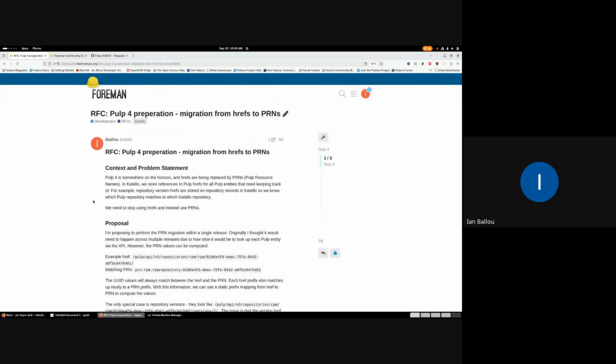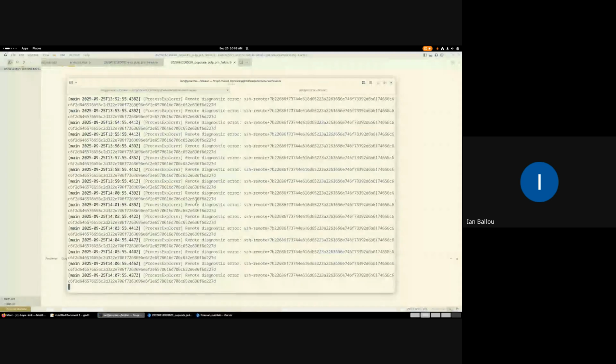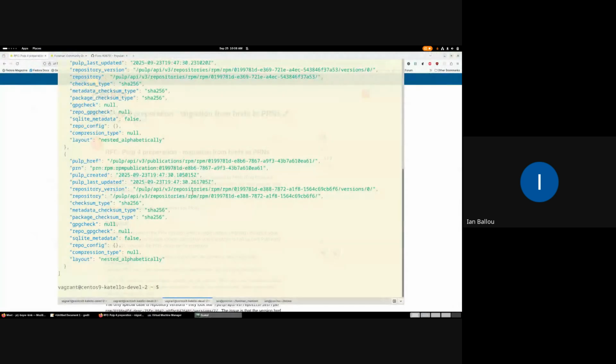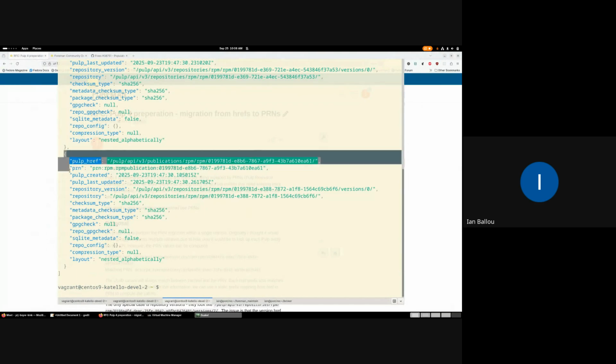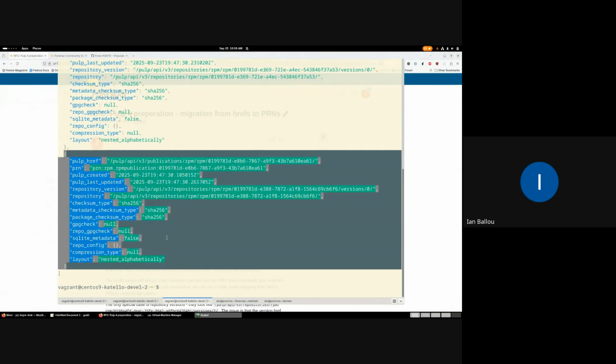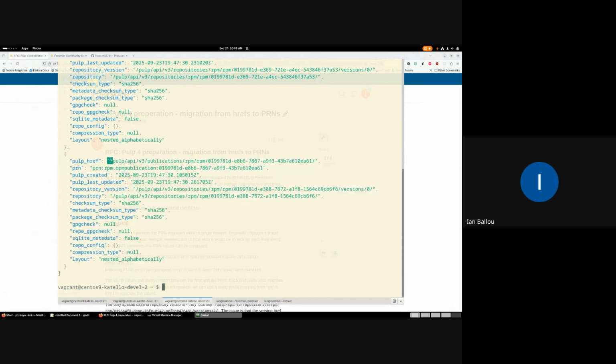Currently in Pulp, if I bring up my terminal, I have a publication here highlighted. You can see there's a Pulp href, which was the main identifier of the publication. Like any other record in Pulp, it's an href in that it's a portion of an endpoint you can hit to query this record from the API.